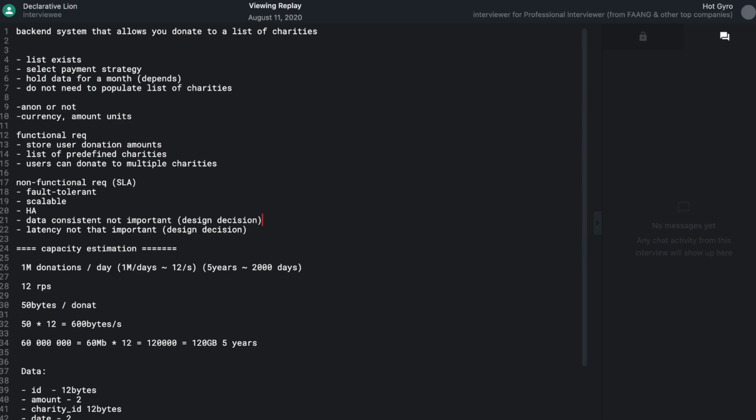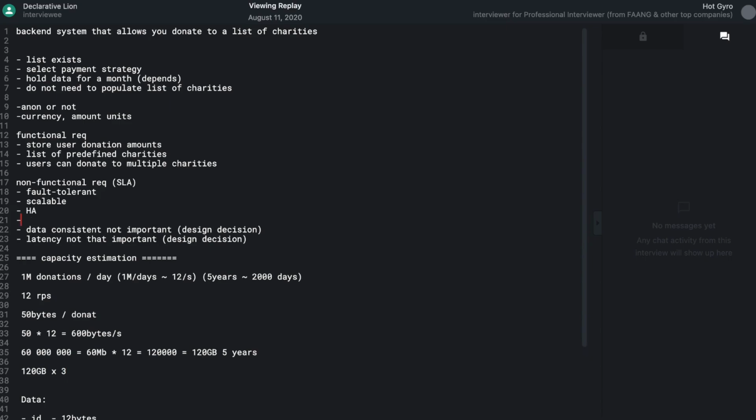But one thing you want to talk about here is not just the amount of storage to handle today's load, but you also want to say that right now it's 120, but you want to have some redundancy in your system, right? And that's something that you can also put as your non-functional, right? Redundancy. You want to make sure that if something's wrong, just like S3 and all that stuff, storage has multiple copies, right? So you can say I'm going to have some redundancy here in case a storage node goes down, and then on top of that, I'm going to have some buffer, right, just for peak usage. Let's say maybe Black Friday people donate more, I'm able to handle that extra load, right? So altogether, this becomes maybe 500 gigabytes, right, for 5 years.